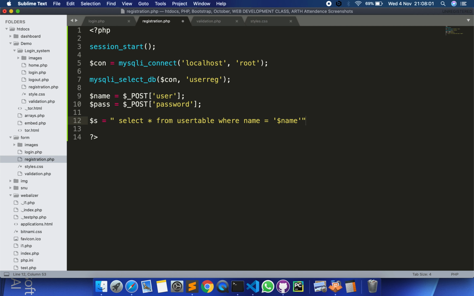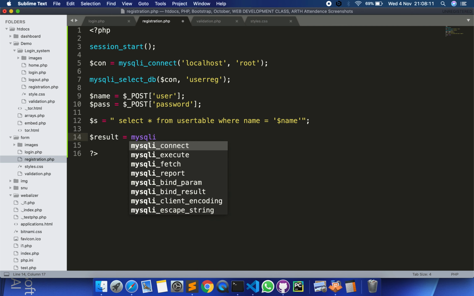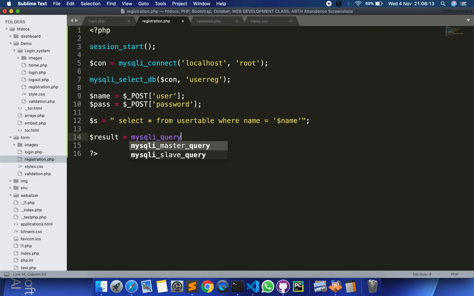Okay, and next I'll be using this query now, and storing result equals, comma $s.